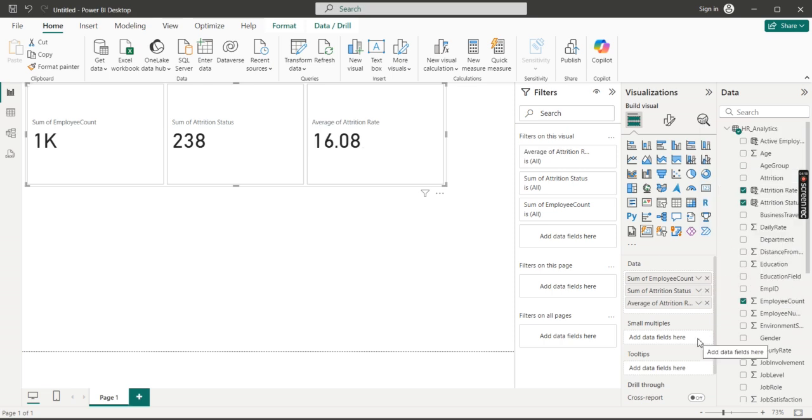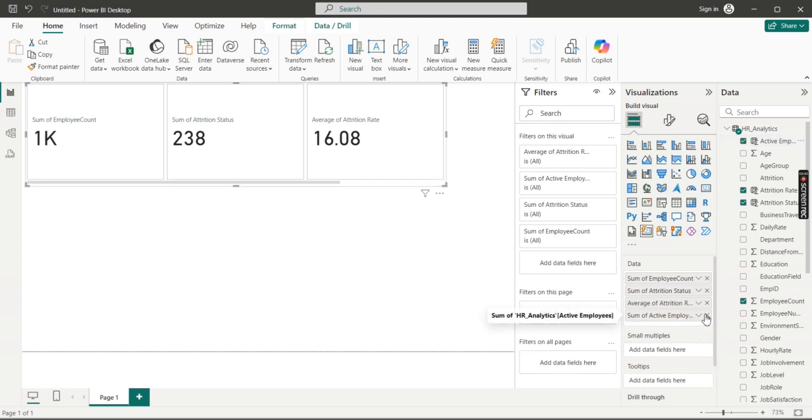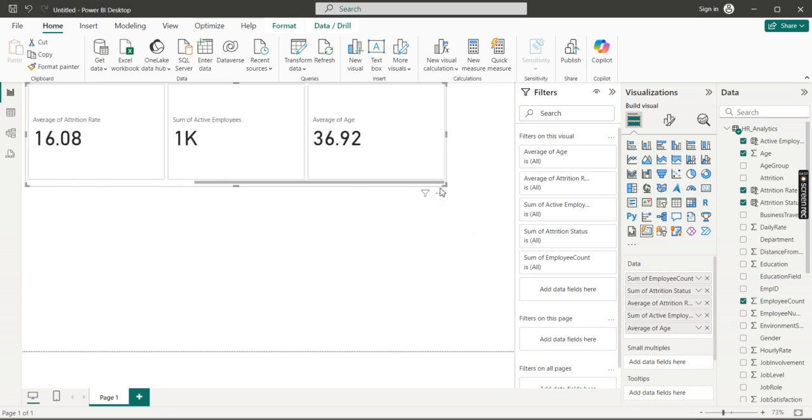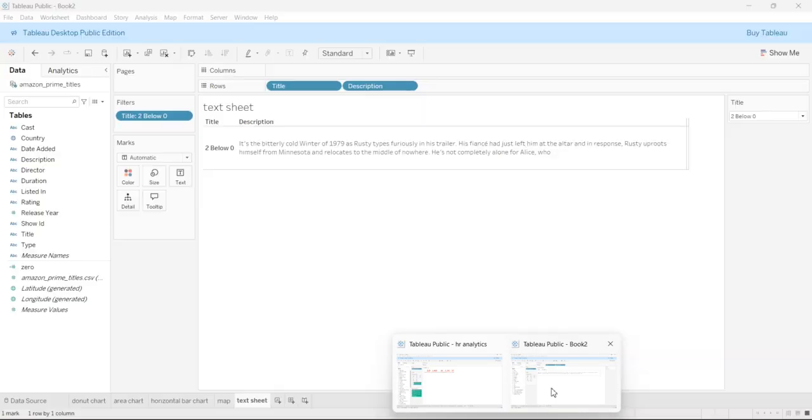And then attrition count, that's the number of people who left. So that is count of sum of attrition status, which we have already done. And next is active employees, sum of active employees, yeah, and then it is average age. Okay, let's just compare with our